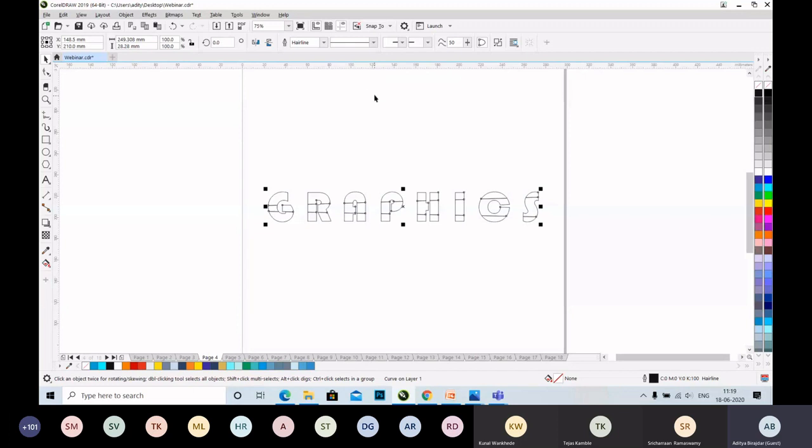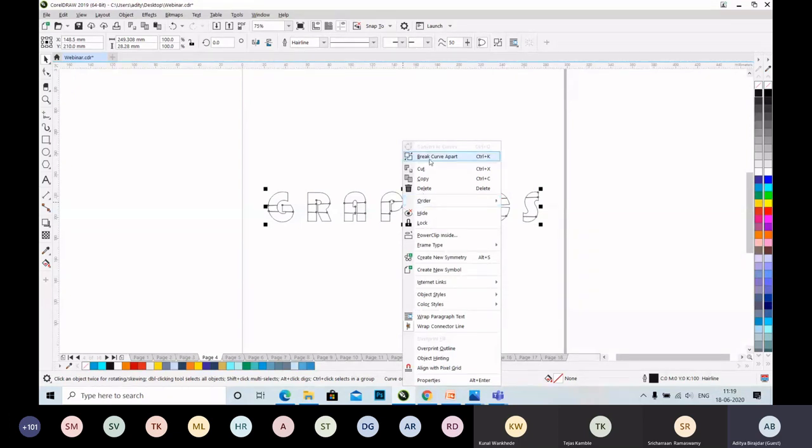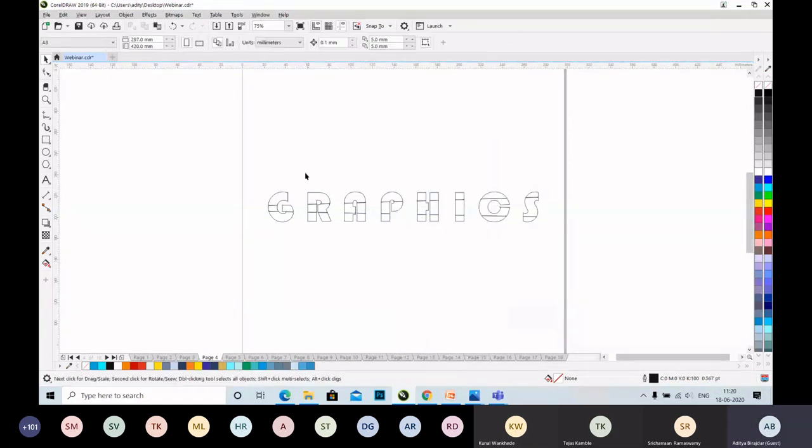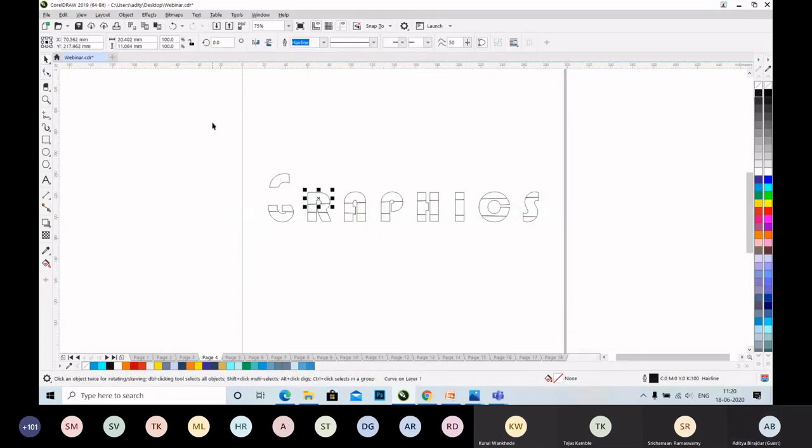Then we will be breaking all of this apart. And to do that, we have to right click on that object and you can see the option over here, break curves apart. Just click on that. Now, if you see, the whole part we made is apart.